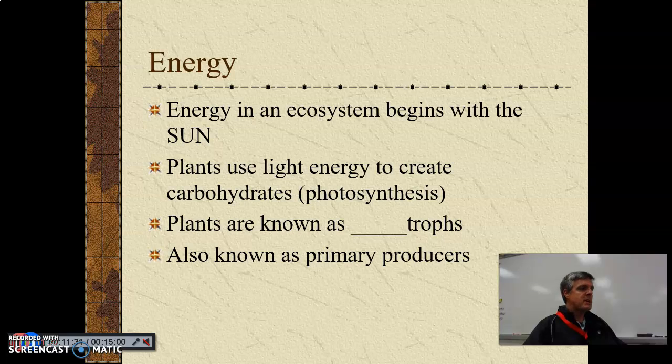All right, when it comes to energy, we look at two ways that energy begins in an ecosystem and then extends throughout that ecosystem. Energy in an ecosystem begins with the sun. We know that plants use photosynthesis to create their carbohydrates, and then we eat those things, and then things eat us, and it moves up the food web. But there's a term that we use for plants that photosynthesize, and they are called autotrophs. AUTO is what belongs in that blank. So go ahead and get that down. Plants are known as autotrophs. All right. We also consider them primary producers. So that's our plants.